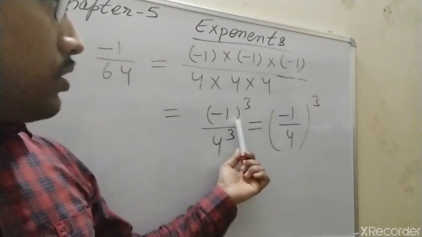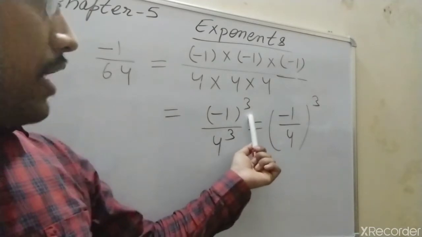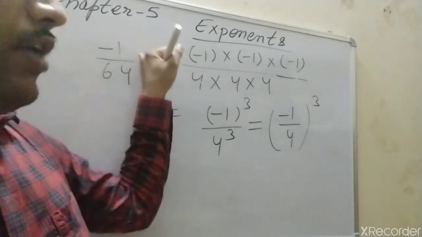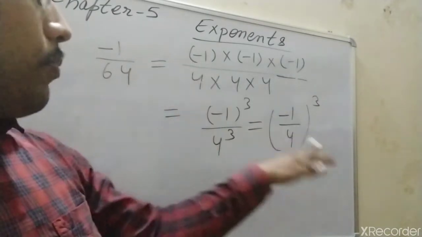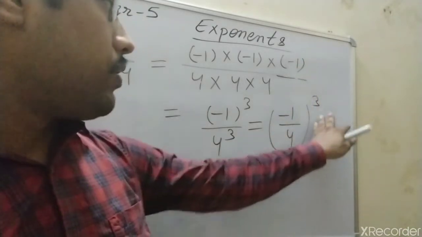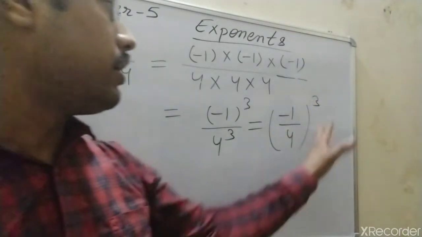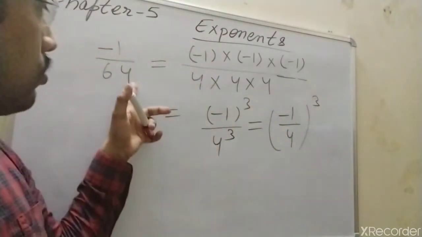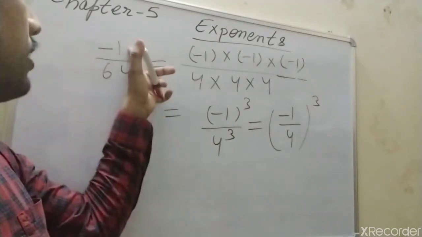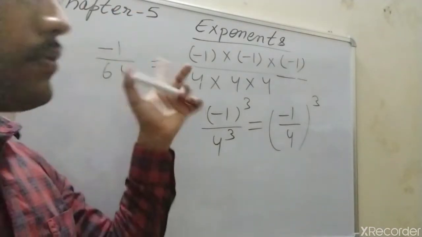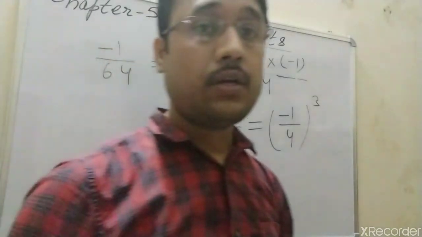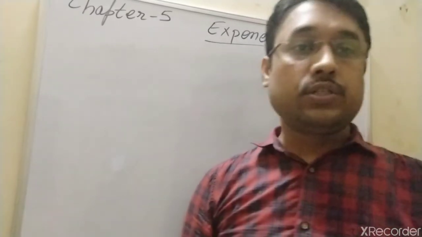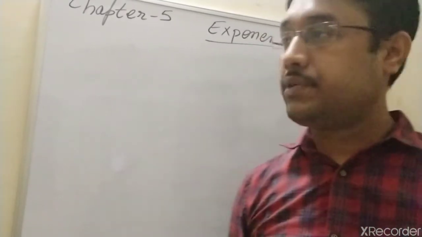You can write that minus 1 to the power 5, but that will not work, because the numerator is negative here. And if you give 2 to the power 6, then common power you cannot take. So for common power, this way we can convert into exponential form. Because here you will do 2 to the power 6, 64 you can write. But this minus 1 to the power 6 you cannot write, because minus 1 to the power 6 is 1 here. Okay? So yes, now expressing exponential form number as a rational number, that we will see.